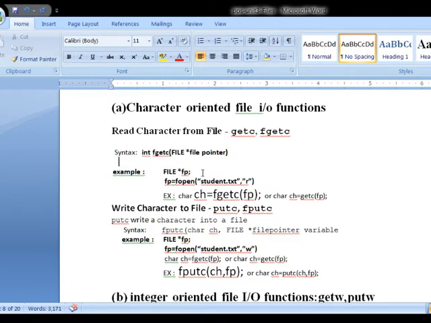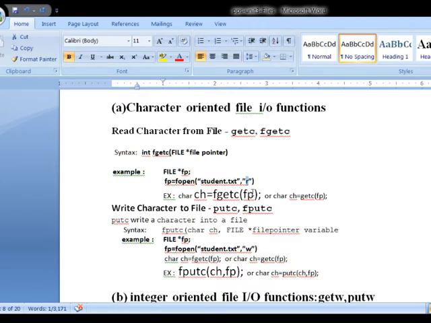Now an example in C. We have to follow the 4 steps of file processing. First create the file pointer, next open the file student.txt in read mode. fgetc or getc are both used to read data from the file. So to read, first you have to create the file pointer and open the file, using the read mode, whose symbol is r. Once you create the file pointer and open the file, you can perform the read operation. Here, char ch equals fgetc of fp. Now fgetc is a function that takes the character from the file at the location pointed to by fp.